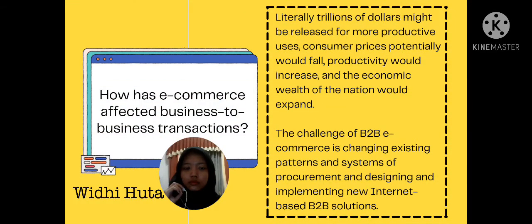So next is how has e-commerce affected business-to-business transactions. The trade between business firms, or business-to-business commerce, B2B, represents a huge marketplace. The process of conducting trade among business firms is complex and requires significant human intervention, therefore it consumes significant resources. If even just a portion of interfirm trade were automated, and parts of the entire procurement process were assisted by the internet,